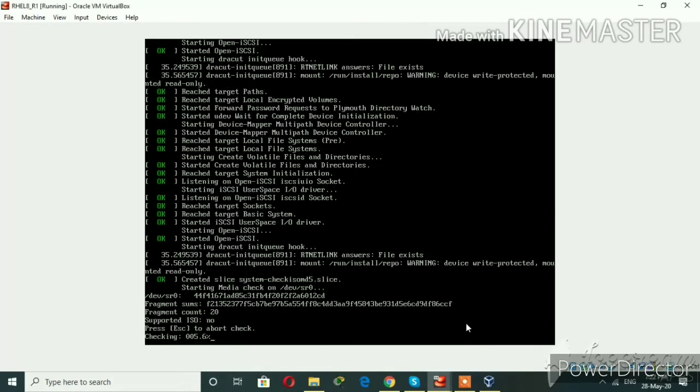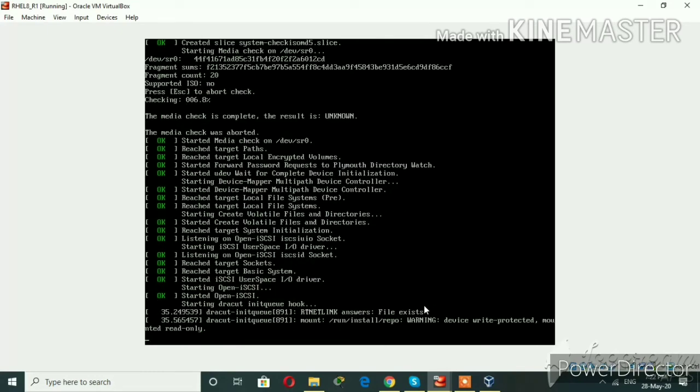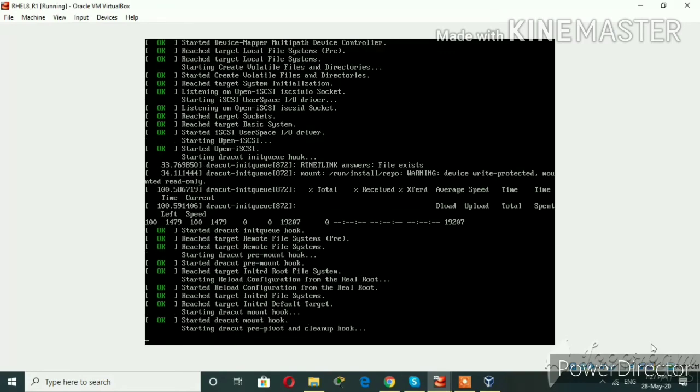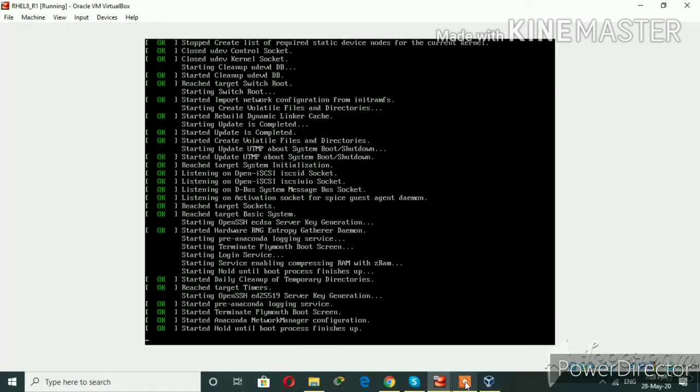Enter. Now it will take some time. Here it is testing the CD. Now it will take some time. Here it is connected with the server. Now the booting process has started.